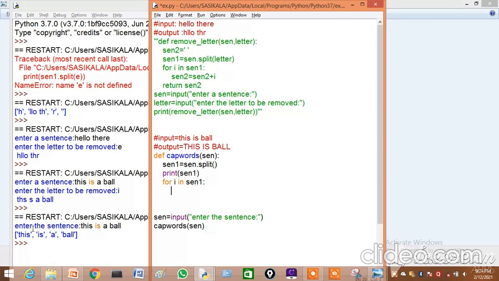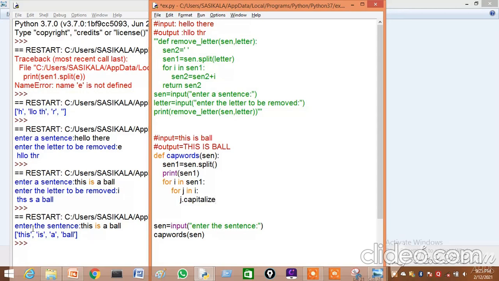For that I am using another for loop, for j in i. So now I have taken T. Okay, so what I should do with the T, I should capitalize the T. That is j dot capitalize. So j dot capitalize I did. Now T becomes capital T.